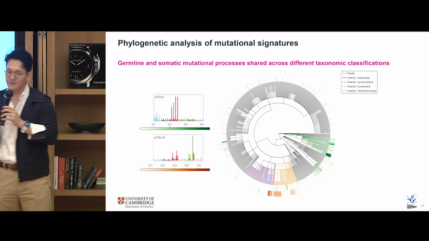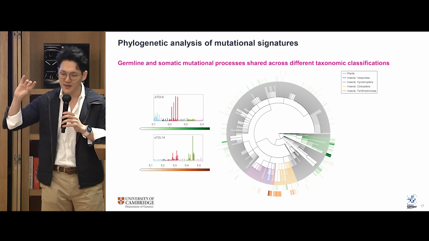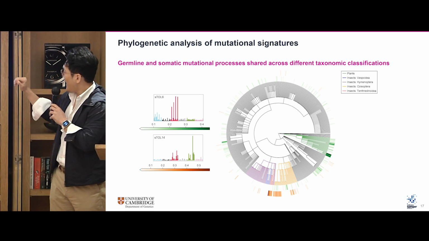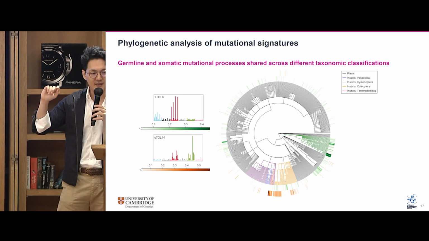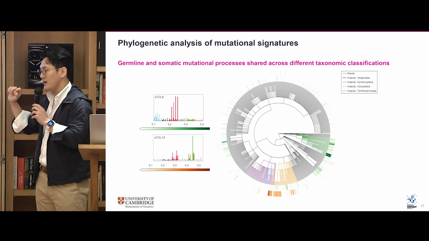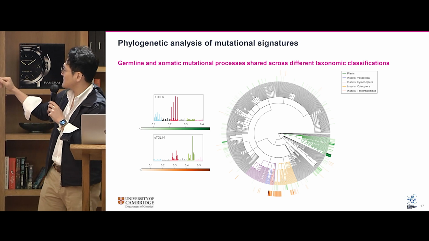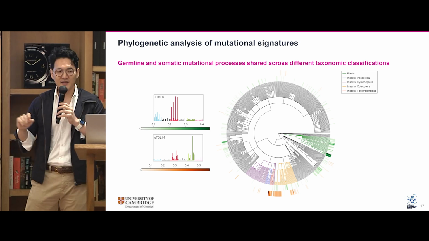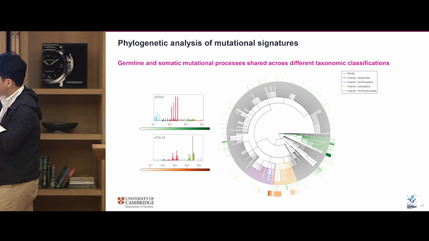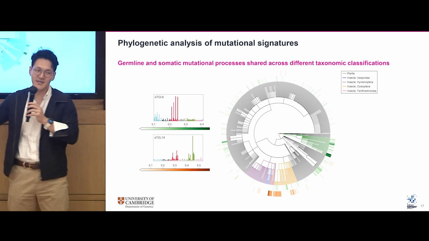At the middle, we have the common ancestor that is shared by all the samples that we have. And we have colored the species by their taxonomic classification. In green, we have the plants, and in the other colors, we have the insects. And this particular signature that we have called STOL6,